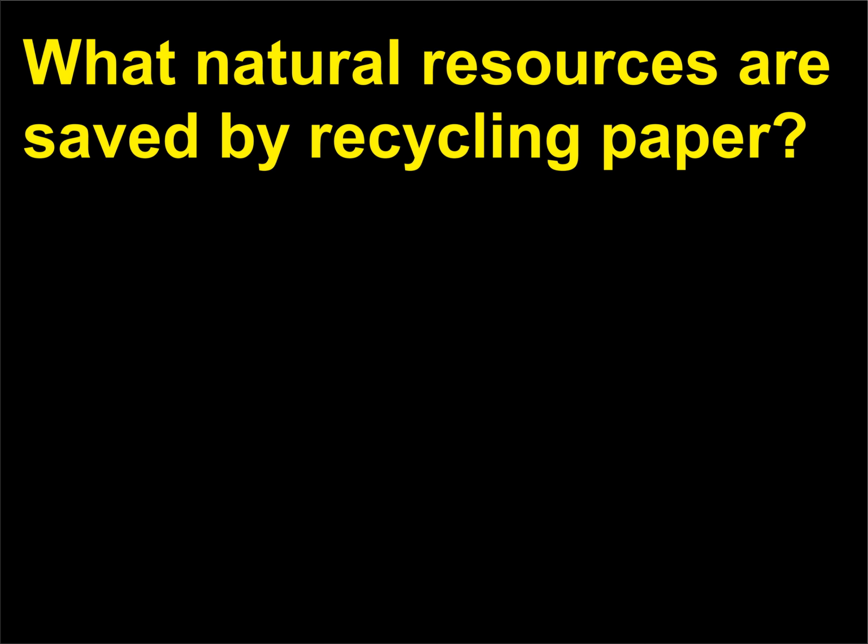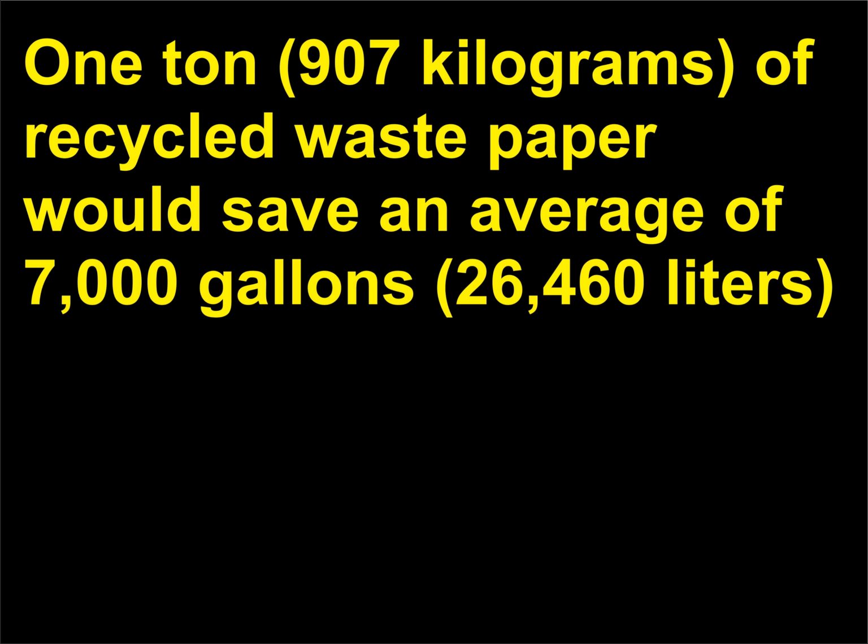What natural resources are saved by recycling paper? One ton, 907 kilograms, of recycled waste paper would save an average of 7,000 gallons, 26,460 liters